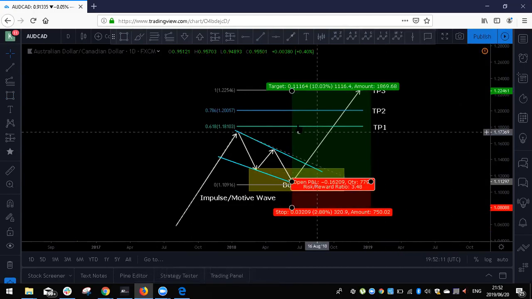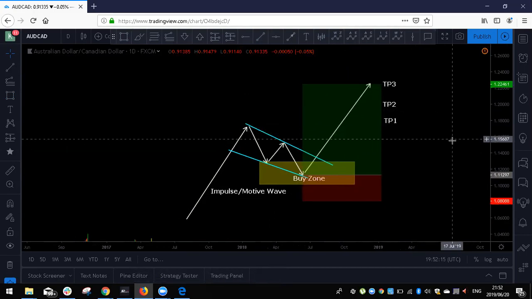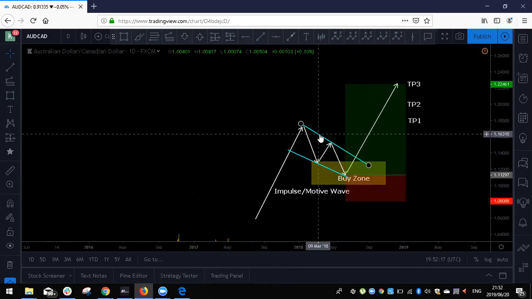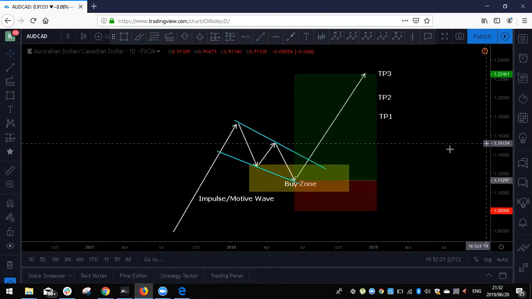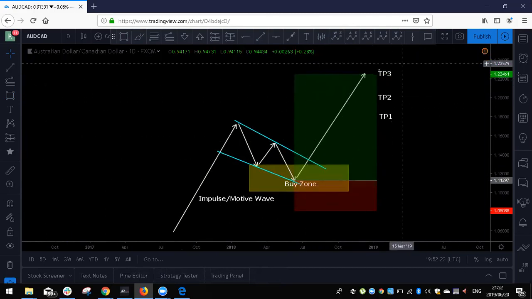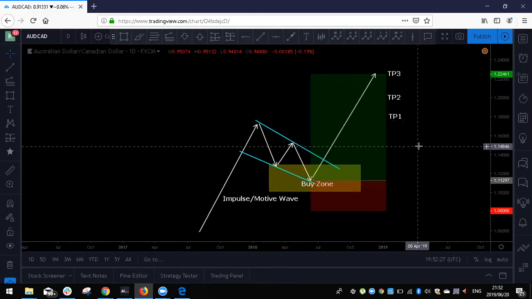TP3 like this. Okay, then you can remove your tool. You see, this is how I keep my charts looking very clean, because you just pull your Fibonacci, you measure those levels you need, and then you remove it. Okay, and then